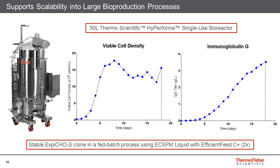Followed by this, we decided we would like to scale up into a larger bioproduction process. For this reason, we went into the 50-liter single-use bioreactor. The initial run seems to translate well from a small-scale bioreactor with minimal process optimization or feed optimization. This is the same ExpiCHO-S clone in a fed batch process using the ExpiCHO stable production medium liquid with efficient feed C+ 2x. As you can see, it's superior VCD, and then on day 18, also 3.5 grams per liter